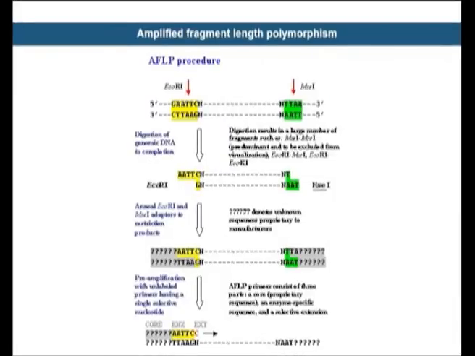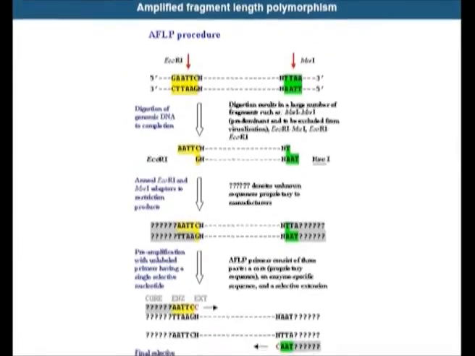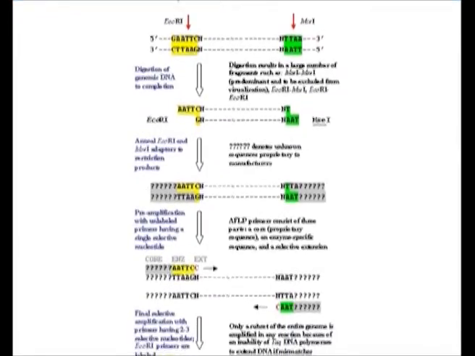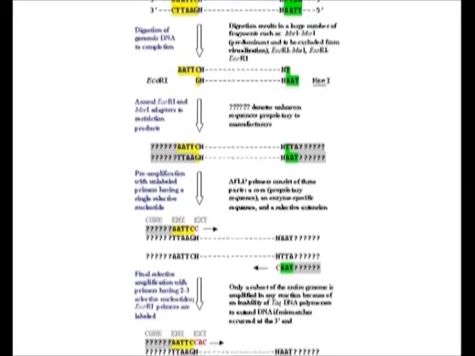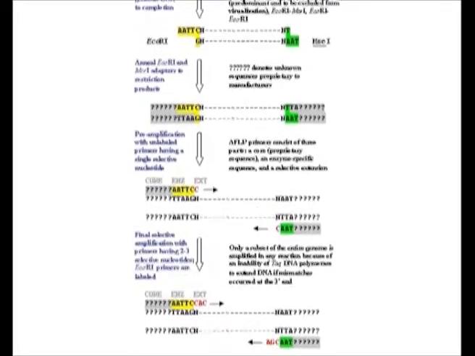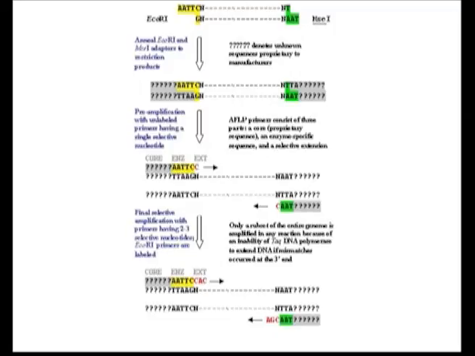MseI-MseI fragments are excluded from the autorad because only EcoRI directed primers are normally labeled. Typically, the autorad has 100 to 300 fingerprints with sizes ranging from 80 to 500 nucleotides. Only a subset, 10 to 40, of these total bands is polymorphic between two related individuals, for example, Arabidopsis thaliana Columbia and Landsberg erecta ecotypes.